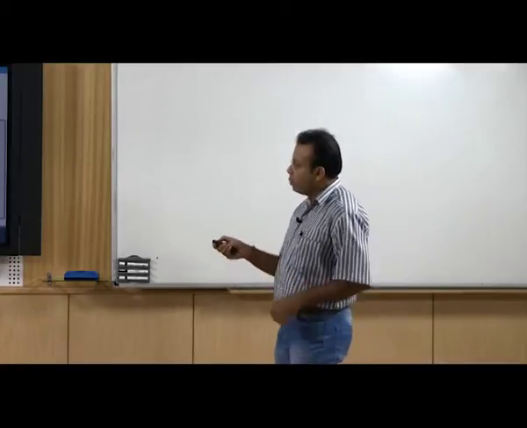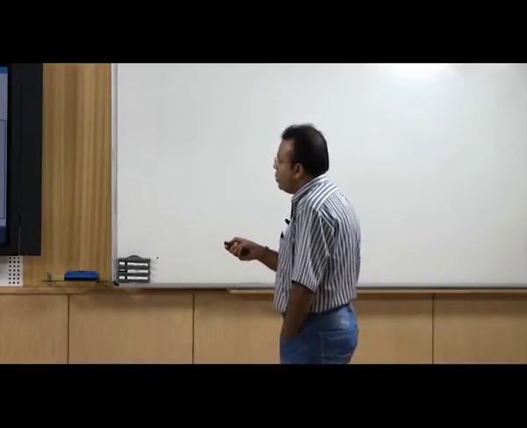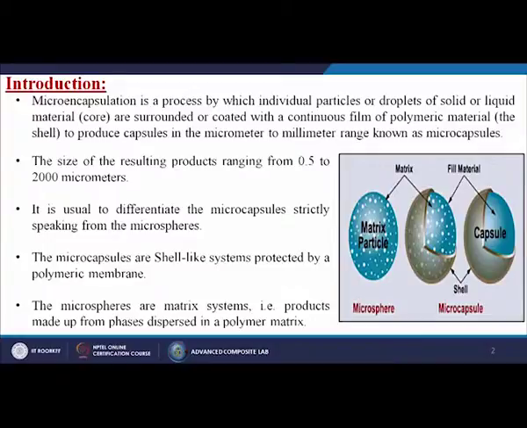So, microencapsulation is a process by which individual particles or droplets, as I already told, either in solid form or in liquid form, the solid or liquid material core, are surrounded or coated with a continuous film of polymeric material, the shell, to produce capsules in the micrometer to millimeter range